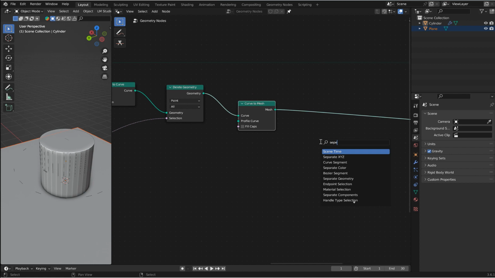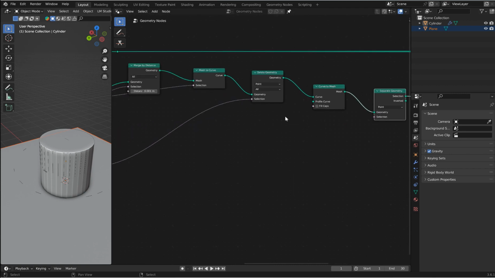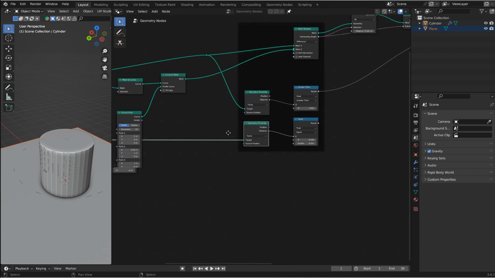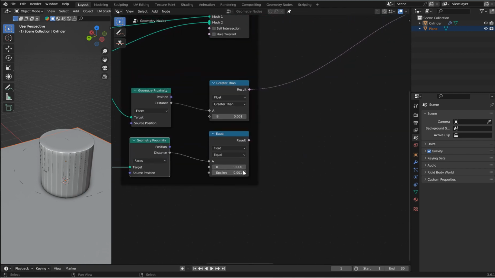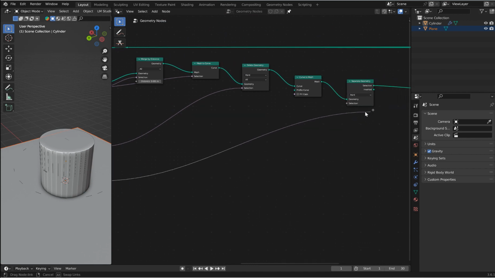And if I can type, I'm going to put in a separate geometry node. I'm going to tag that in. Remember, we're still in points. And for the proximity based on the object, anything that's equal to 0.01, let's switch this to 0.01, and we'll put the epsilon to 0.01. And that'll keep things tight for the actual